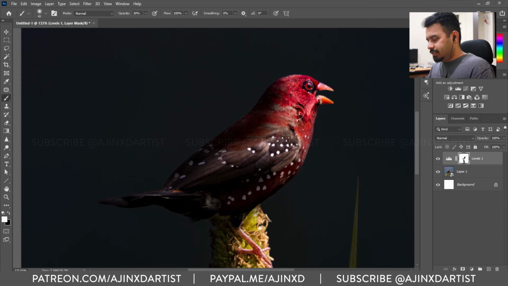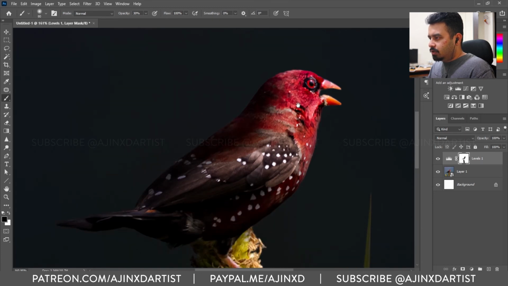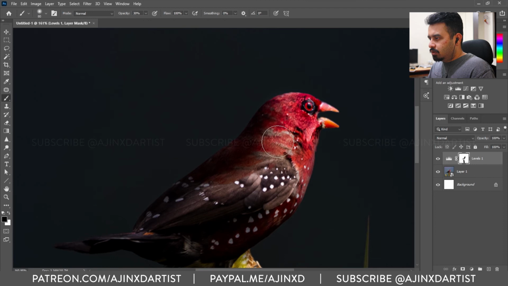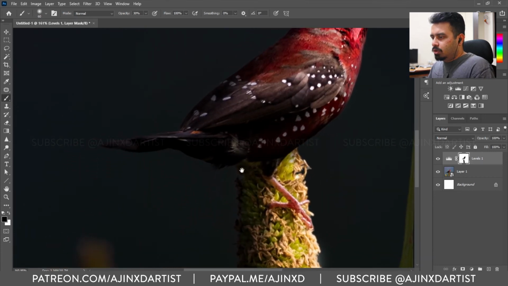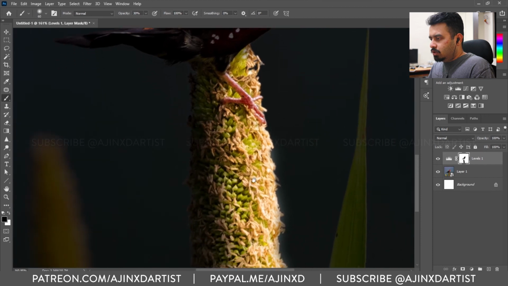and big yes. So I think we'll delete some of this shadow on the head and neck portion of the bird, again keeping the opacity at 30% and the hardness of the brush at 0. We can go in and remove some of the shadows that we originally added, so this will blend in nicely with the image. I think this looks good.